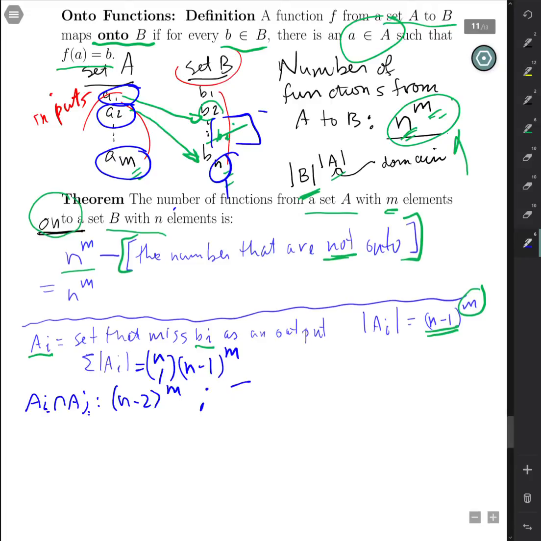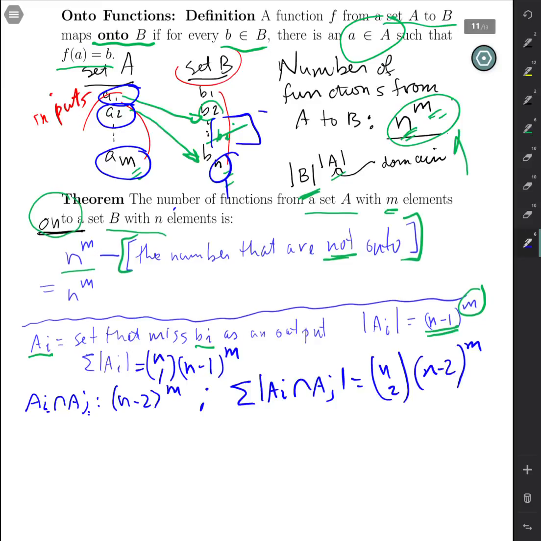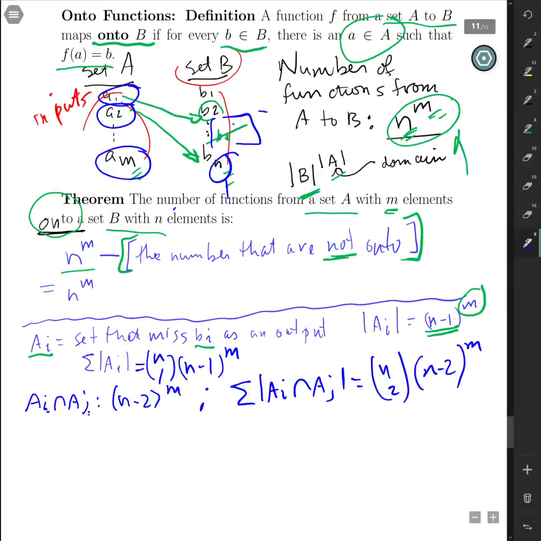And if we sum all of those values, the sizes of those, then there are n choose 2 ways to decide which ones will not be output values in the range, and at each step for each of the m inputs we have n minus 2 choices. And this continues on in that fashion so that the numbers not onto